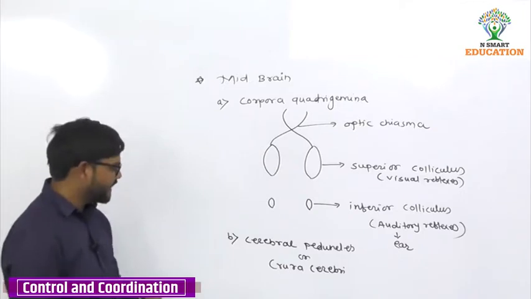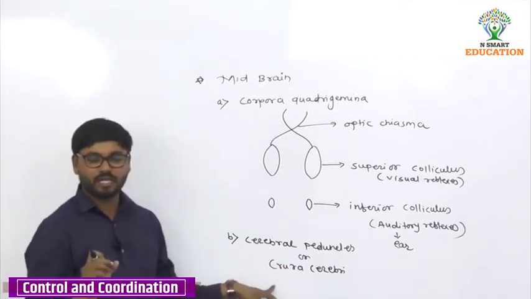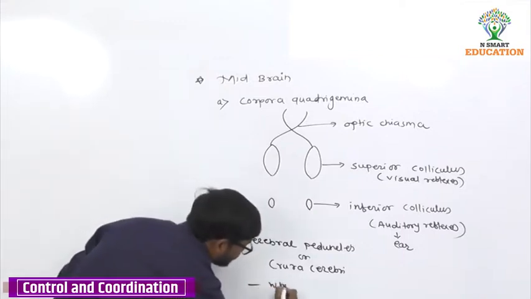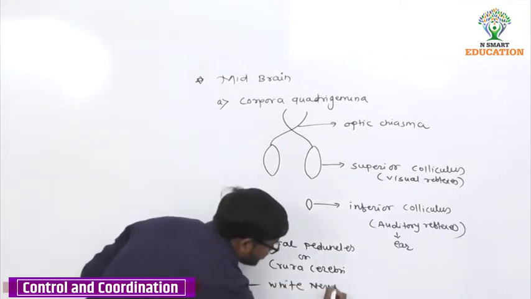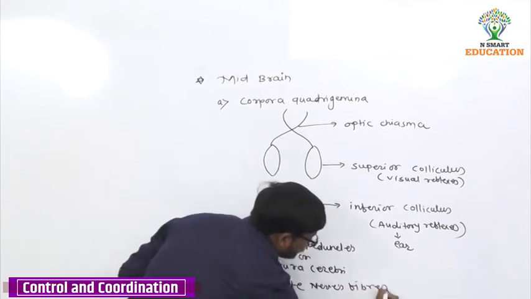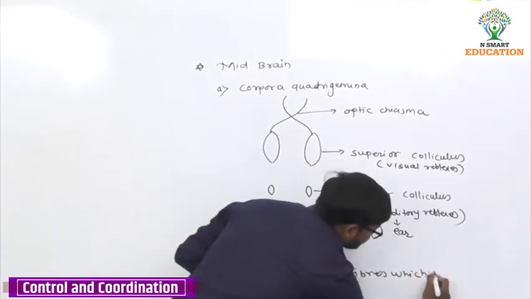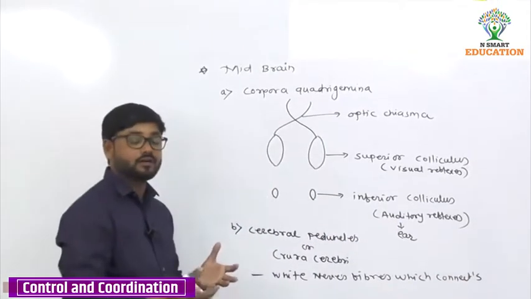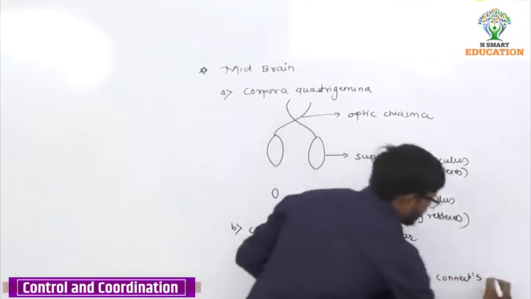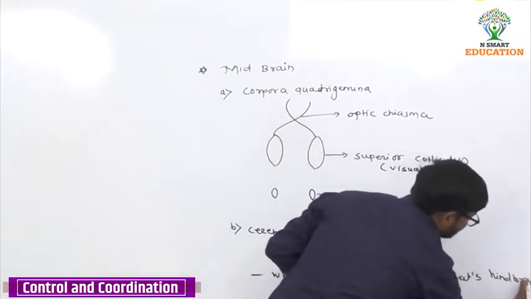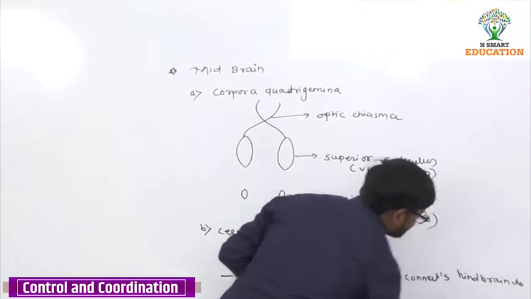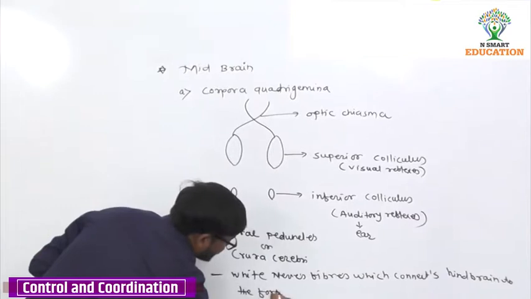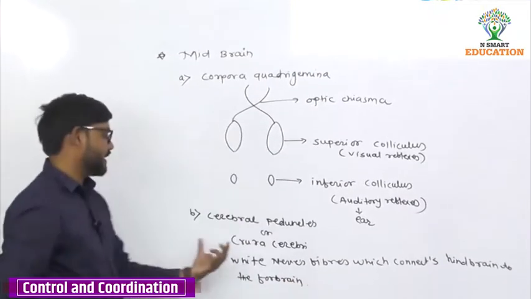Here it is white nerve fibers which connect hindbrain to the forebrain, very important. That is, hindbrain to the forebrain, okay. Forebrain तक यानी कि कनेक्शन जो भी रहेगा वहां पर क्या रहेगा,